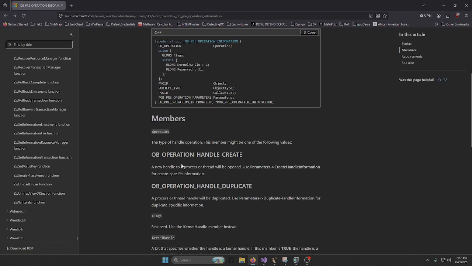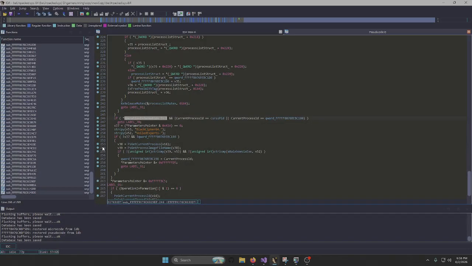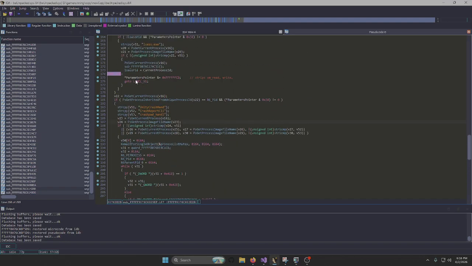If it's duplication, if a handle is being duplicated to Siege, if you're trying to, for example, duplicate CSRSS's handle, or if there's another process for some reason that has a handle to Siege and you're trying to duplicate that, and if the current process is equal to CSRSS, so it's safe, or if maybe this is some global safe process, I don't know. Then we go to label 70, and label 70 I'm pretty sure strips the rights, but